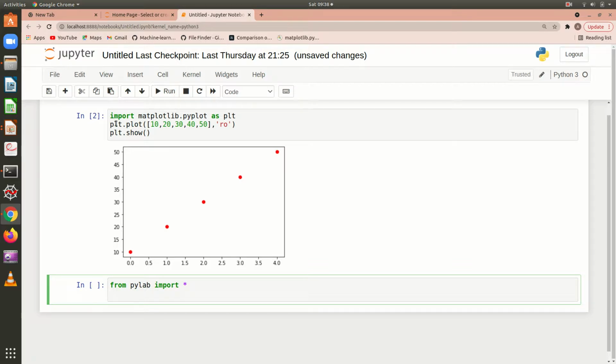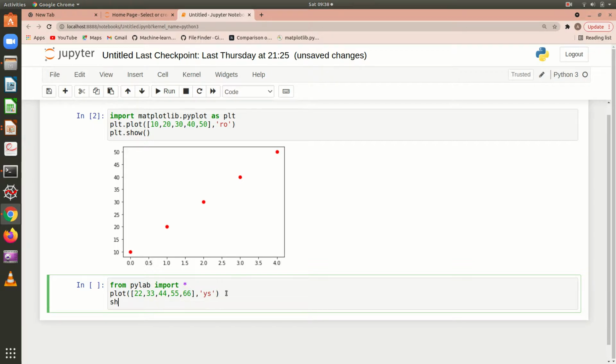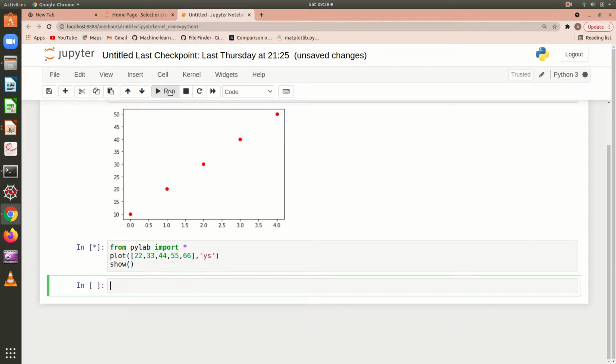But if you are going to import using pylab, I am going to use it as a local function. And let me say this time I go for lo and square, lo square. Okay, and I am going to simply say show. Let me run it now.